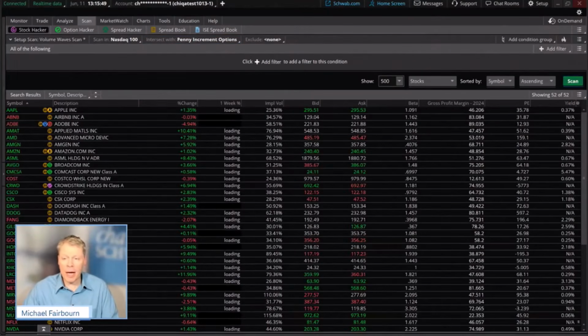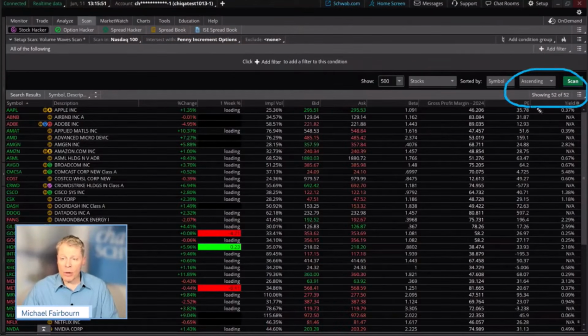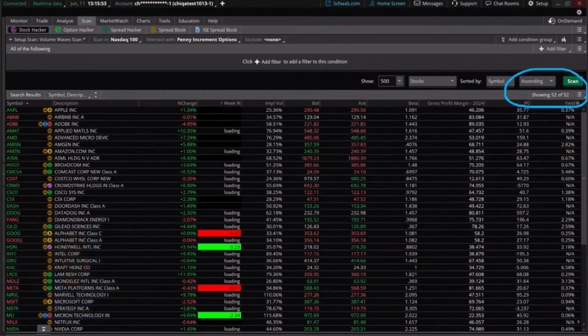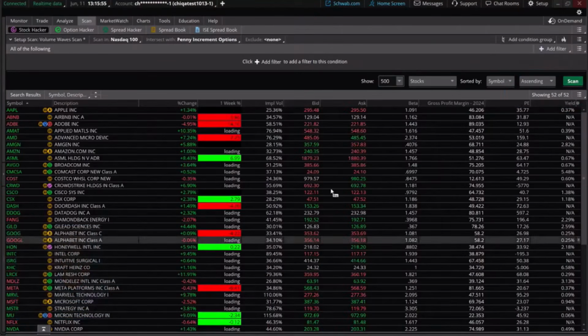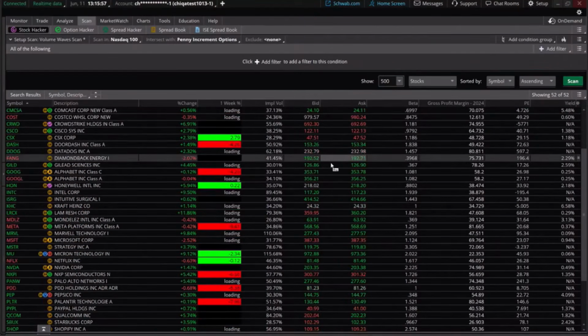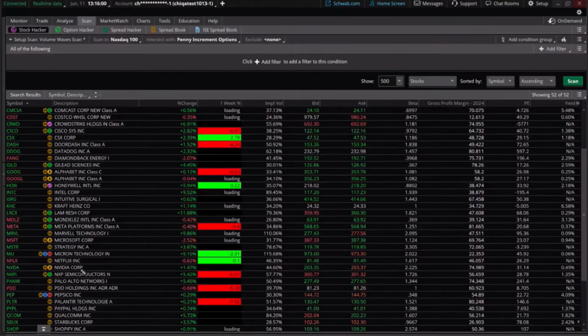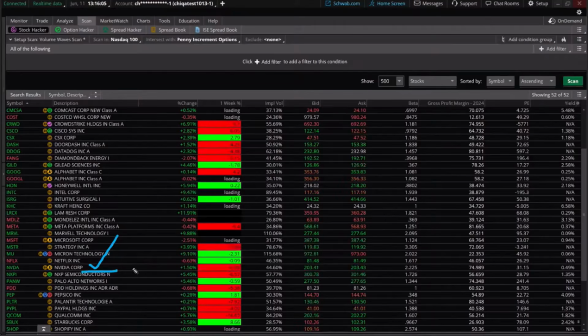About half of them in the NASDAQ 100 are penny wide, but you're going to find in here, let me just show you. How many do I have coming up? Oh, we have enough. There's your NVIDIA right there. Now, this is another indication. These companies here, it's just another indication of potential liquidity.